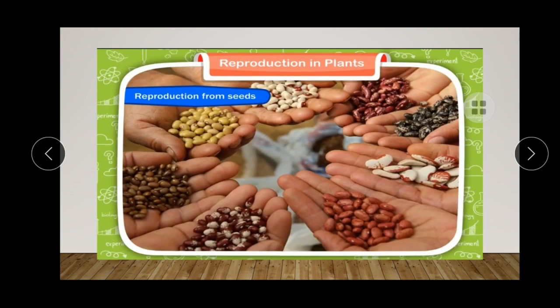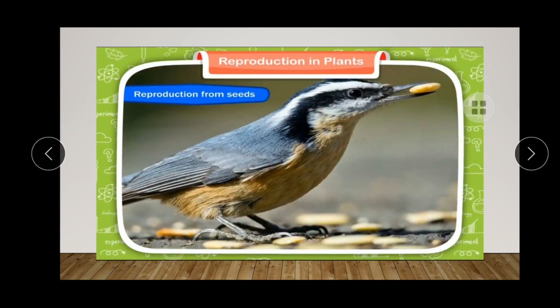The second is they are destroyed by winds or heavy rain. The third condition is they do not get the right condition to grow into plants, or they can be eaten up by the birds or insects. So, the reasons why all the seeds don't grow: they are not healthy, they are destroyed by winds or heavy rains, they are eaten by insects and birds, and the last is they do not get the right condition to grow into plants.